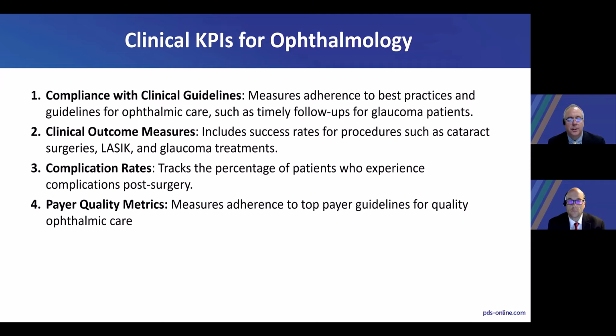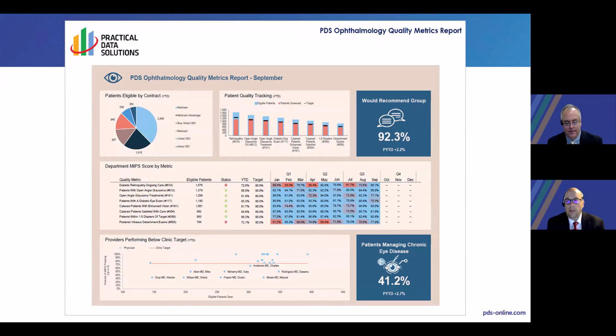in the wrong direction. Finally, thinking about payer, what are the payers reimbursing us on? What are some of the quality metrics that may have incentive payments that we can maximize by making sure we're focused on them? Yeah, and I think one of the difficult things about measuring quality is that there's